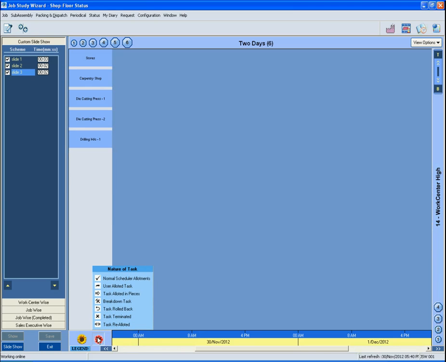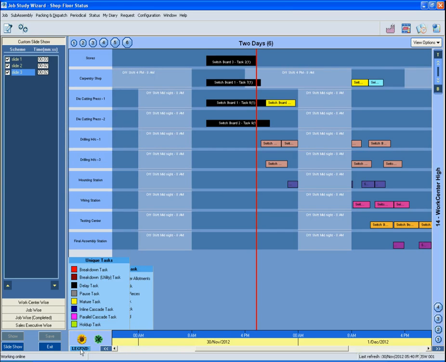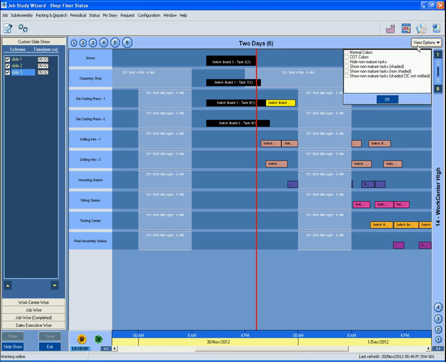The legend button below opens up a pop-up describing what each task color means. On the right top corner is a button called View Options that allows one to configure how differentiation between matured and non-matured tasks is handled. Feel free to explore.